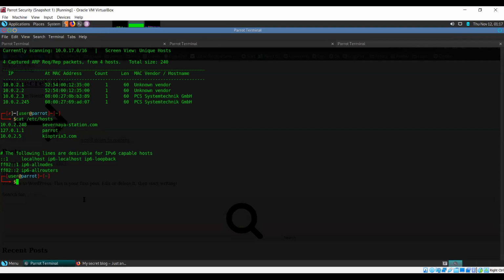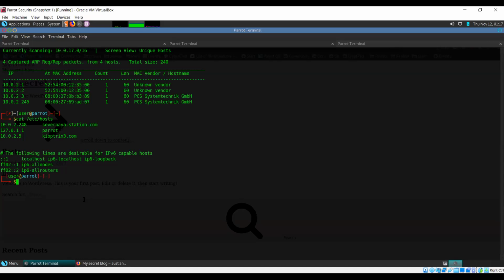So when you browse to a domain, when you type that in your browser, it will check in its cache first if it has the IP corresponding to it. Then it will check the hosts file. If there is an entry present for that host in this hosts file, then it will use the IP associated with the host, and it will not have to send a DNS query to the DNS server.